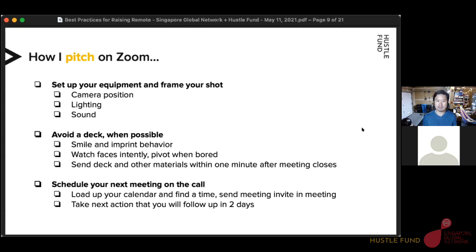Right? If Chen Wei's just on her phone, going like this, looking really disinterested or yawning a lot, just like, oh my gosh, when is this going to be over? Then you can hopefully pull some maneuvers to try to redirect the conversation, snap people back to attention. So I use these clues quite a bit, and we're going to talk about face watching in a little bit later in this presentation.